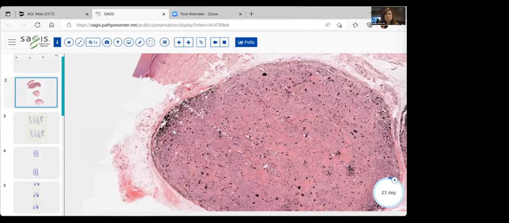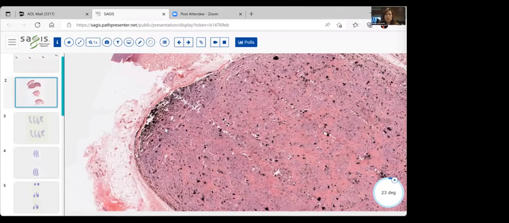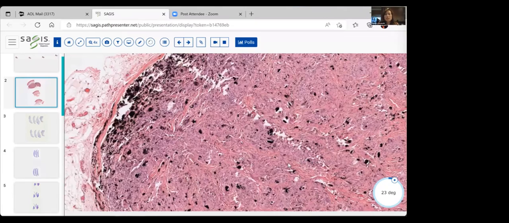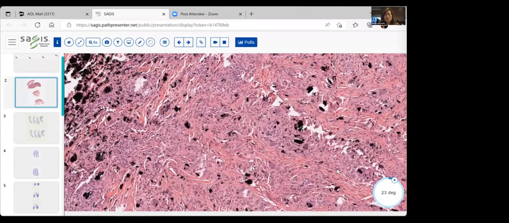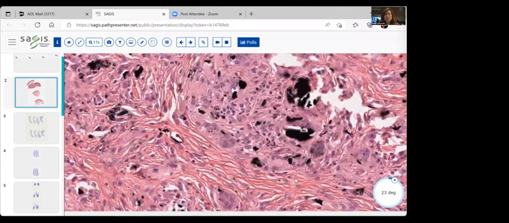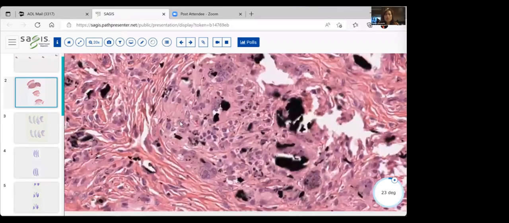This black material is granular in nature, quite coarse, and I'm going to go closer so you can see. The histiocytes are doing a good job here. You can see here a little bit closer. Again, histiocytes, these oval nuclei with ample pink cytoplasm, but in the cytoplasm of some of these histiocytes are these coarse granulated black deposits, and this happens to be a graphite tattoo, and the histiocytes are doing their best to